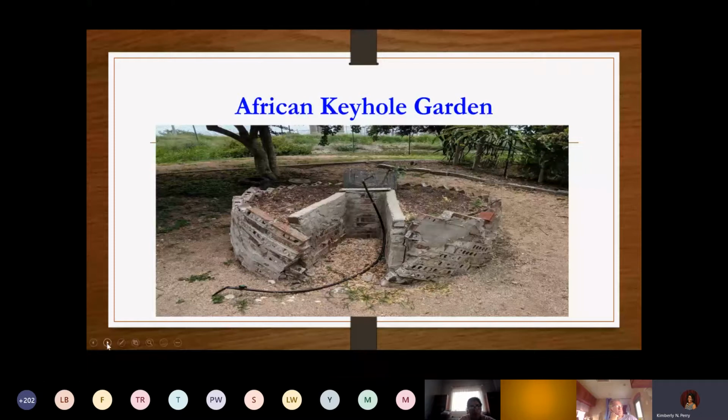So another unique way to garden is with this method. It's an African keyhole garden. If you just have one space and you want to have a compost in the center or a composter, this is a great way. It's round in shape, and in the center there, you continually add your compost, and